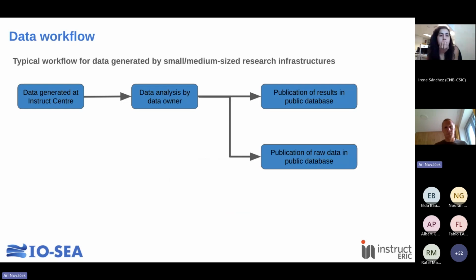So when we produce the data for a user in our lab, we typically collect the data that are then shared somehow with the user, who is actually the owner of the data, and they will analyze their data, produce the results, which in a case of the cryo-ET microscopy will be cryo-EM maps that they will deposit to the database together with the coordinates that they will deposit to PDB through one depth maybe, and that is what they eventually need for publishing. Eventually, they can also publish the raw data following the publication of the results of the data